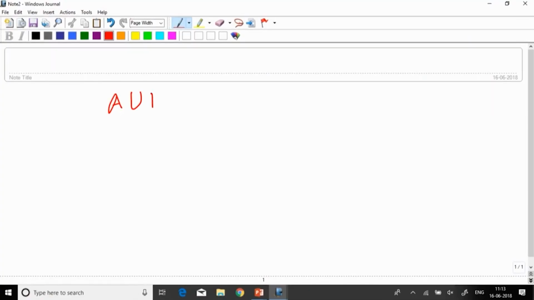So you can take the RDD A union B. Actually the Scala statement will be something like A dot union B. So this will be an RDD. Then dot